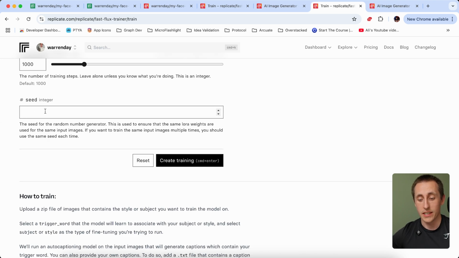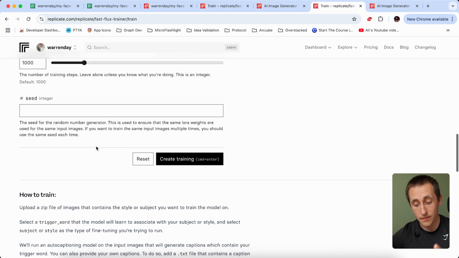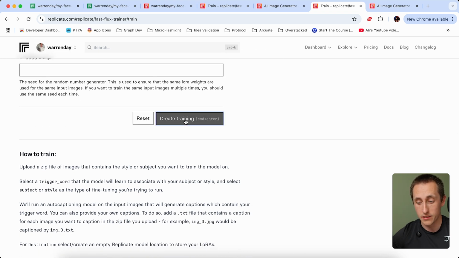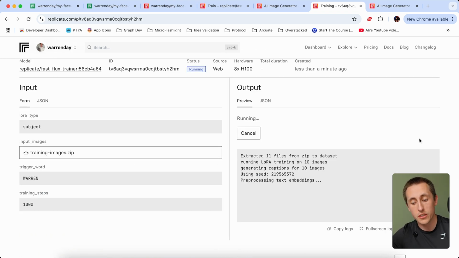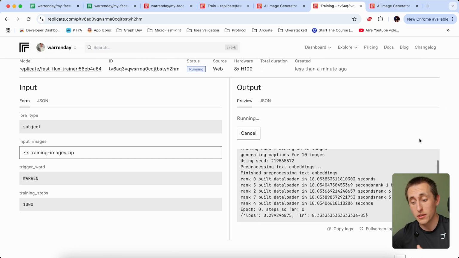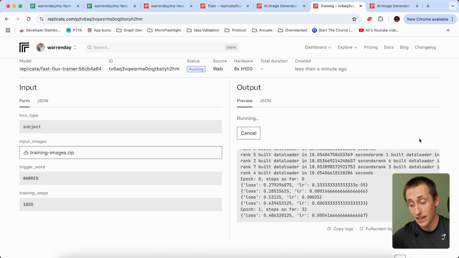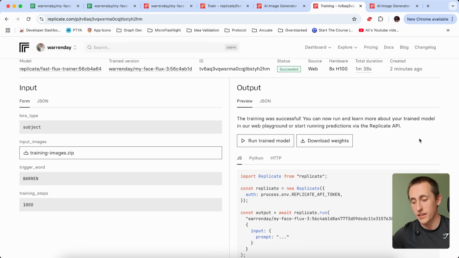For seed, we don't really care about this. So with all of that input in, let's hit create training. Now, once the training starts, it's going to use those training images to start fine tuning the weights of the model to be able to produce an output that looks exactly like you. So once the model's trained, which will take just a couple of minutes, we can then hit the button Run